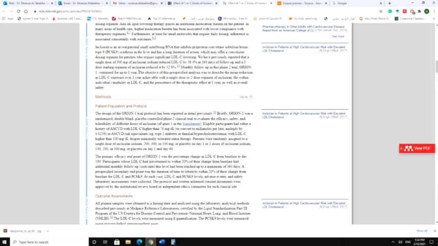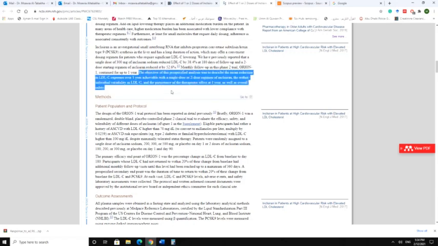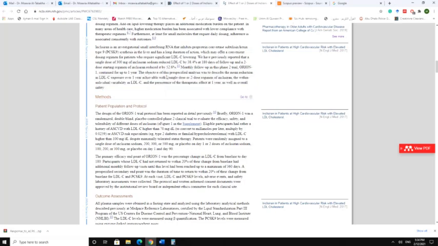the last C here, شوفي دائما على السريع. This is what makes you different from others, is that you know where the location of the objective will be. It will be at the end of introduction. At the end of introduction. Yes, you will get it in the abstract, but in the end of the introduction it will give you more details. شوفوا هون. The objective of this pre-specified analysis was to describe شوفوا هون describe the mean reduction in